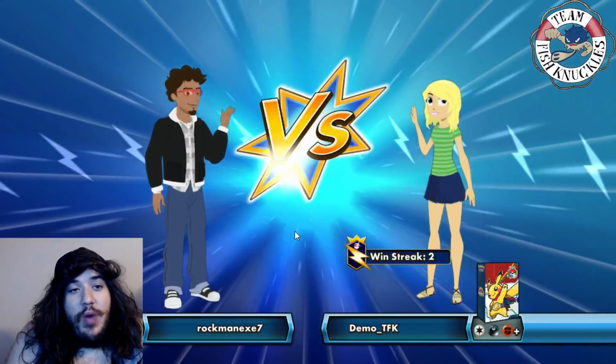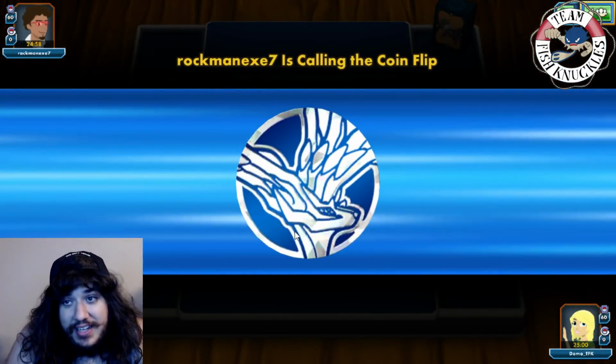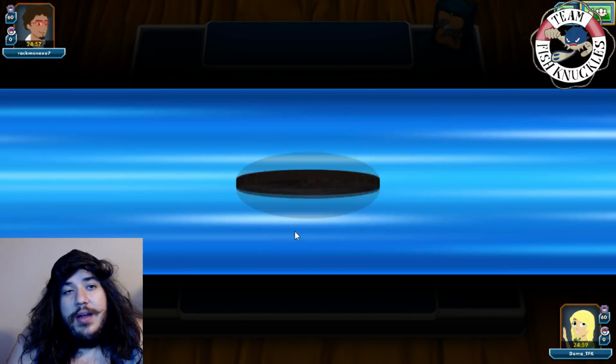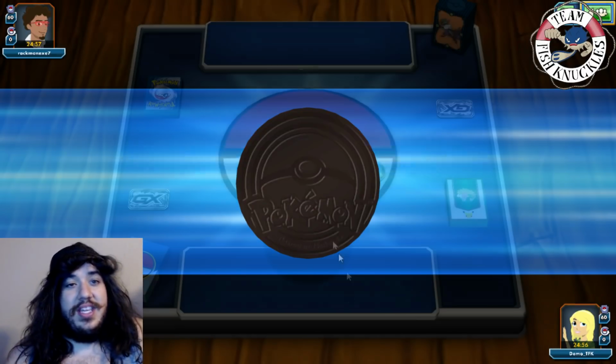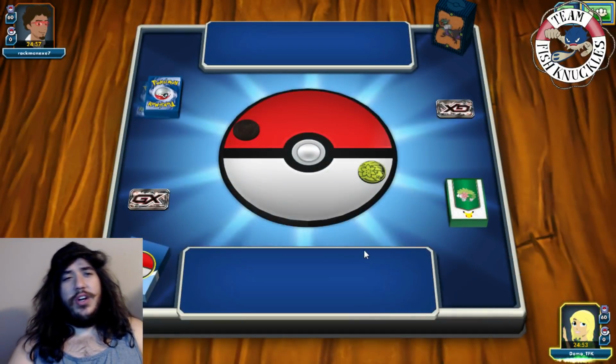It looks like we're playing against Rockman X. He's playing a fighting deck, which is the one downside of this deck, because when you play against fighting, you are in trouble. Alright, so we won the coin flip, of course. Yes, we'll go first. On our turn...